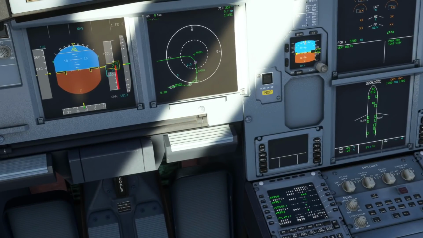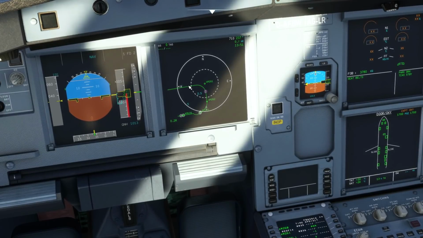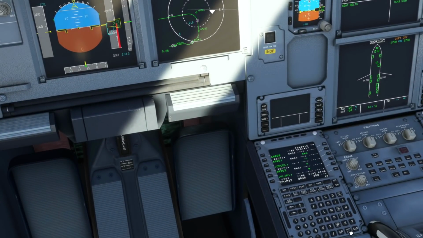Now, the overfly points are normally built into the navigation database automatically, but you can create your own. So what I'm going to try and do here is set this particular waypoint and show you how you would select that as an overfly. As you can see at the moment, the track is to bank slightly short of that, but if we make this into an overfly point, it should change the path. And in order to do that, we select the overfly button down here on the McDo, again that little triangle, select the waypoint in question,